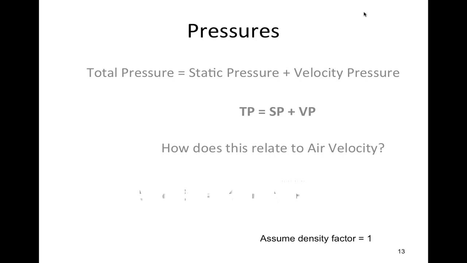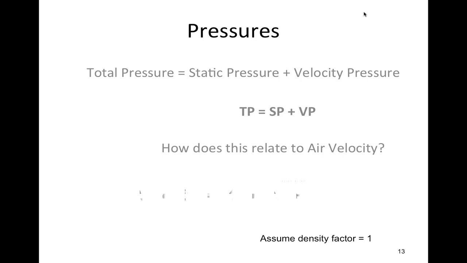On the left-hand side, you see what reality is. What's happening is that the air is being affected by friction on the sides of the duct. So it's moving more slowly. There may be eddy currents building up in there that change the direction and interfere with the movement of air. And in fact, the velocity of the air moving through the duct is fastest through the middle and slowest at the ends. Okay, and what does that tell you about the velocity pressure? It's highest in the middle and lowest at the sides, right? So velocity pressure and velocity are directly related to each other. Velocity pressure is caused by how fast the air is moving. Faster the air is moving, the higher the velocity pressure.